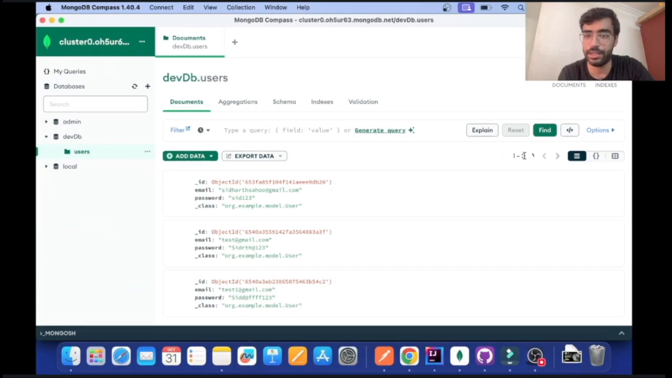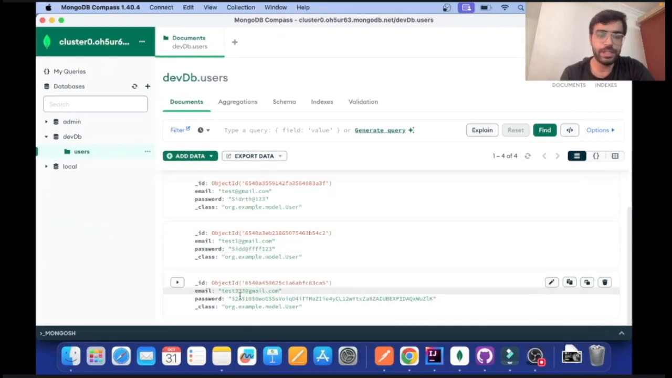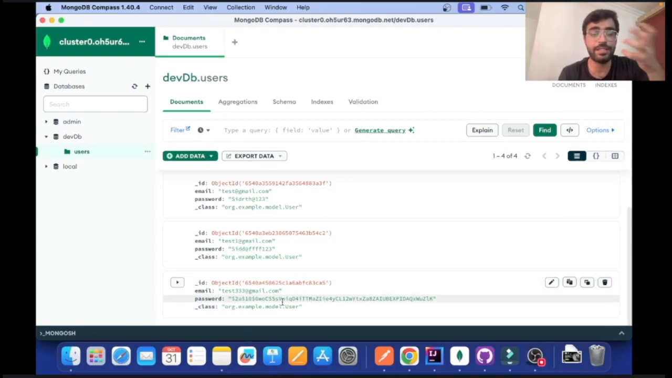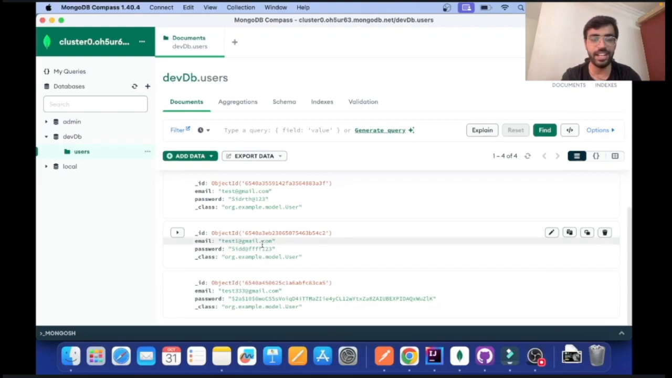Let's have a look at the DB. So now you can see that the password has been encrypted and saved in the DB. So this now makes our application much more secure from vulnerabilities to the DB. Okay, so whenever a password is being saved, it has been hashed, and it can only be unhashed by the application itself. So this is an added layer of security,